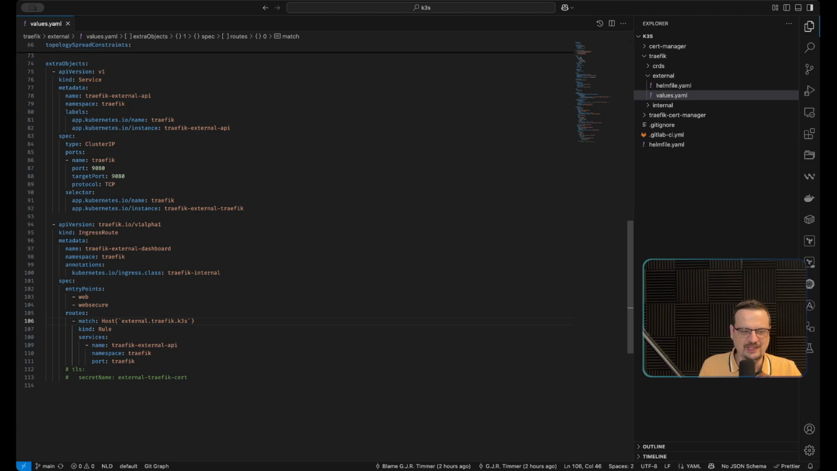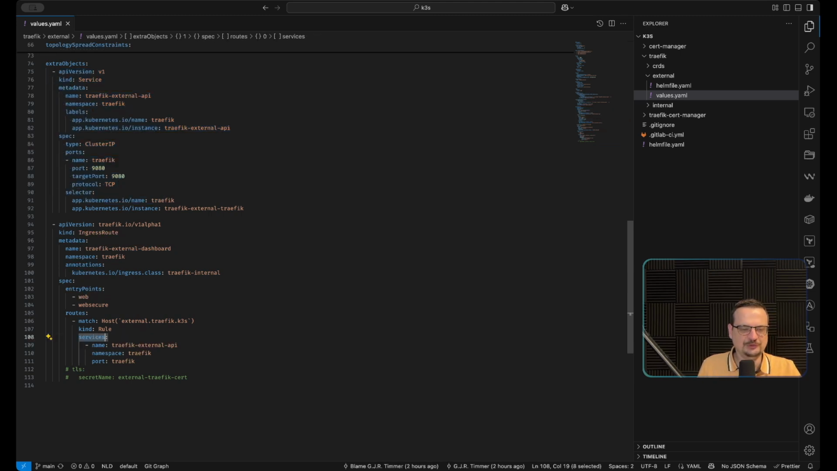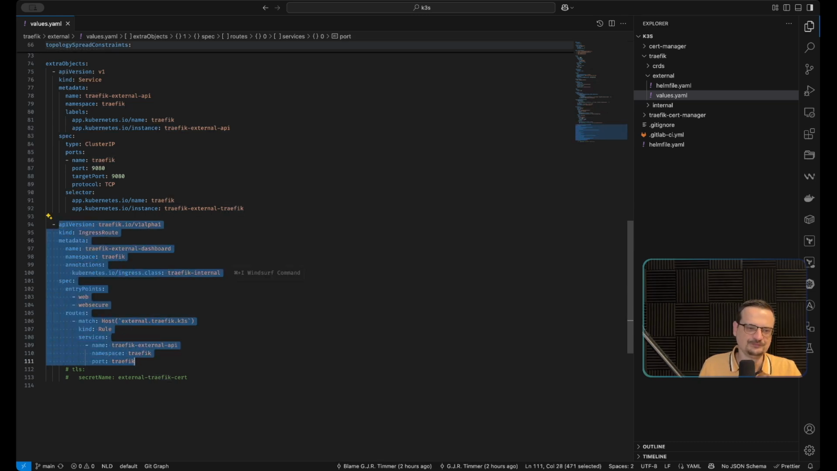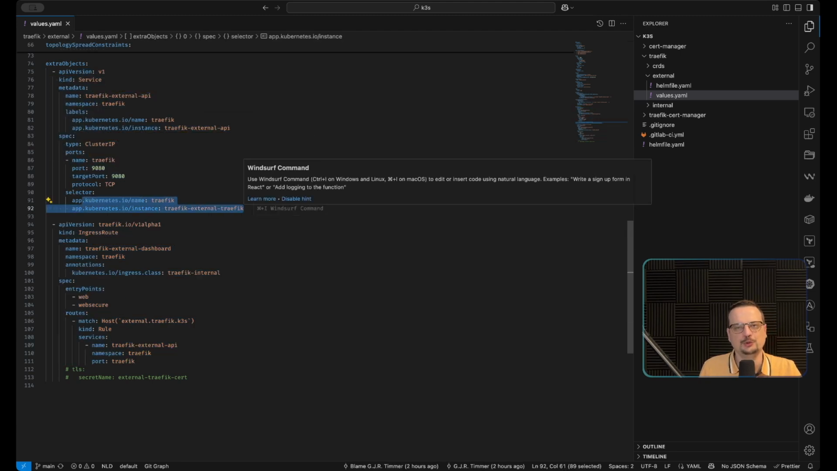external.traffic.k3s. And here is the glue that links this route to this service. And that is services go to the traffic external API that we created here at the top, namespace in traffic, port traffic. So this route will then direct to this service,